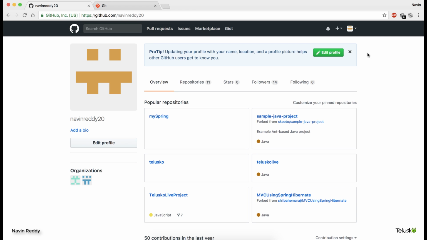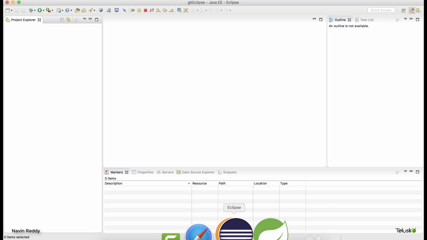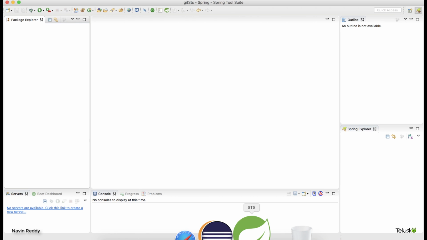In fact, you need two GitHub accounts because we are working in collaboration, right? So I will make a project on one account, and we will try to collaborate from the different account. Now, where do we write the code? For that, you need an IDE, right? I'll be using Eclipse. I'm imagining that we have two people here. One is using Eclipse, and on the other machine we have one more Eclipse, but unfortunately, I cannot have two Eclipse here, so I'm using STS. Again, STS is also Eclipse, right? You can actually work on two different machines, having two Eclipse and two GitHub accounts.